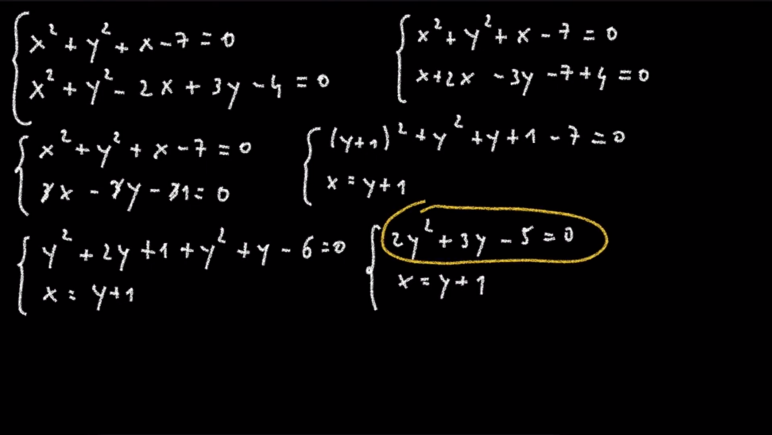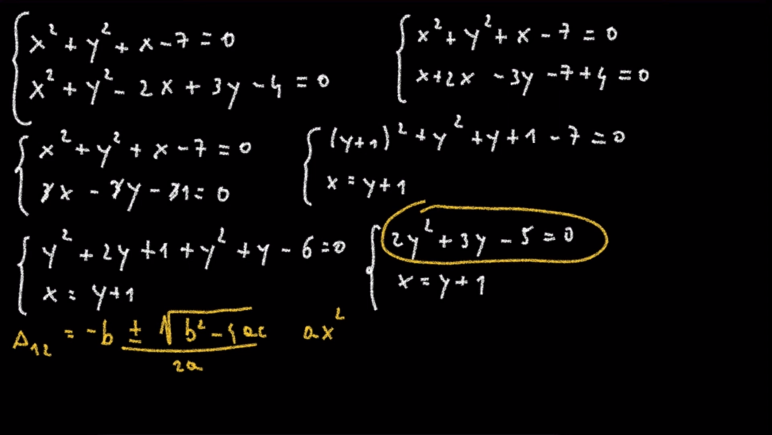We can see that this is a quadratic equation. In order to solve it, we need to apply the quadratic equation formula. If you remember, it is x equals minus b plus or minus the square root of b squared minus 4ac, divided by 2a, where the reference equation is ax squared plus bx plus c equals 0. In our case, it becomes